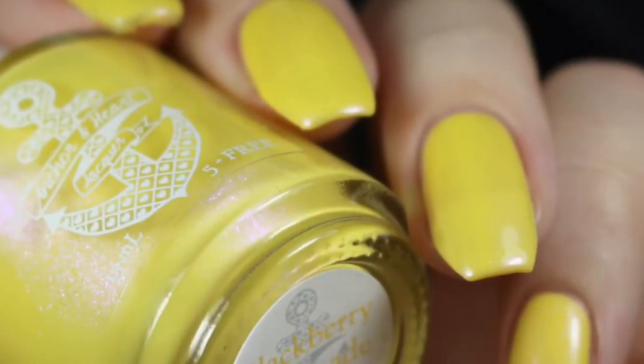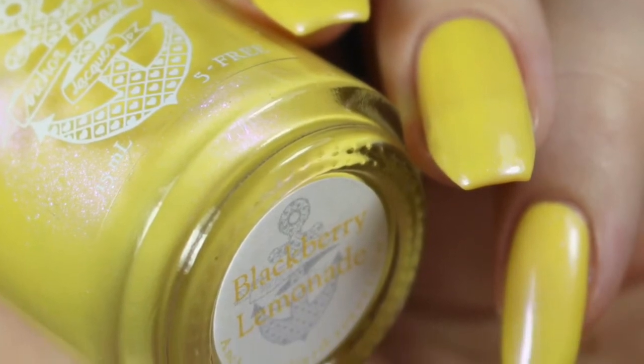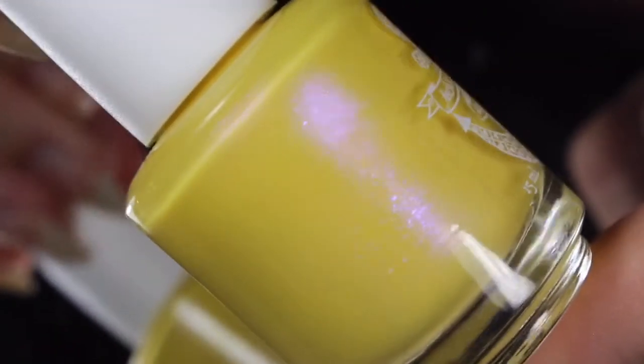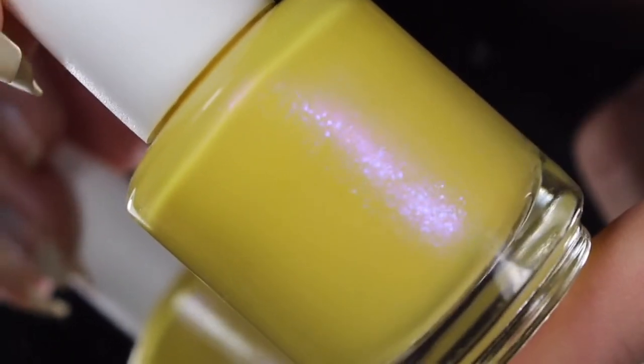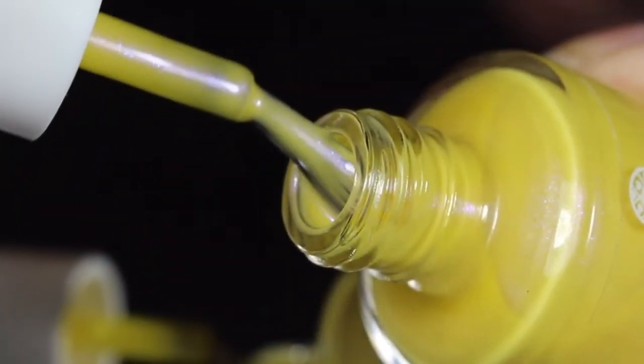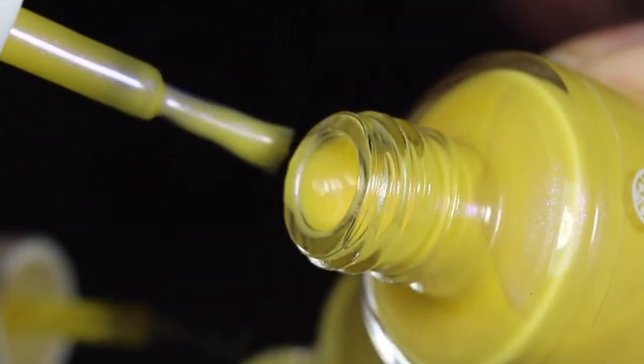So next up is Blackberry Lemonade, and this one is totally speaking through me just through the name. This is described as a medium yellow cream with a lavender shimmer. So this is the kind of different shift in shimmer here. Very beautiful on that yellow base. I'll go ahead and show you a brush shot, and I'll show you how Blackberry Lemonade swatched on my natural